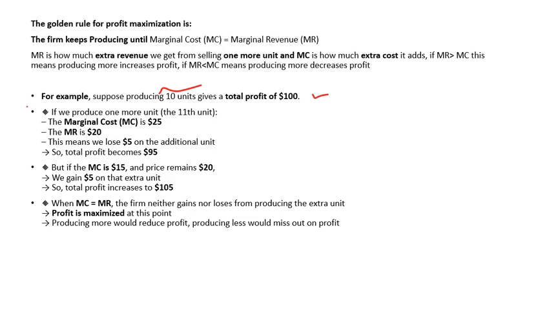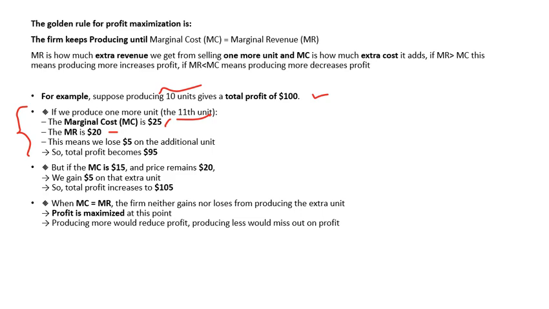And now see here, if the company produces one more unit, number 11, the marginal cost is 25, which means this 11th unit costs $25. This is the marginal cost, and the marginal revenue is $20, which means selling this additional unit